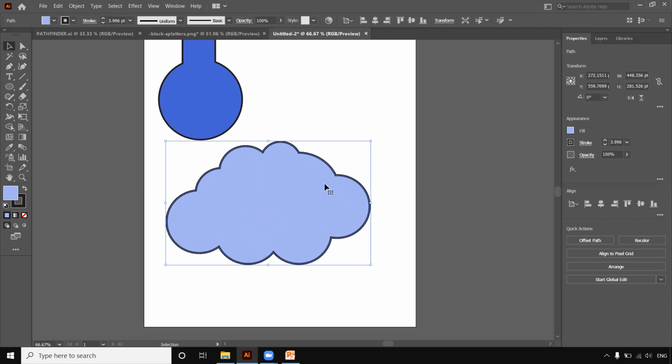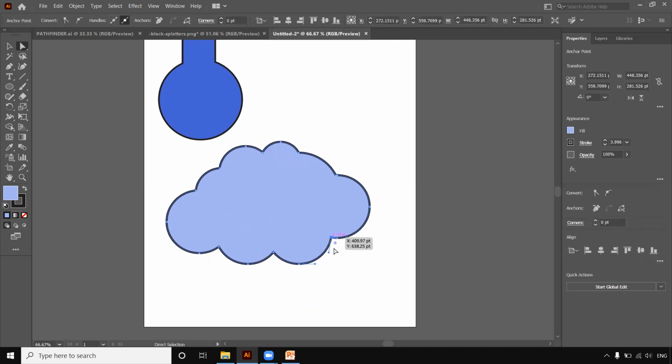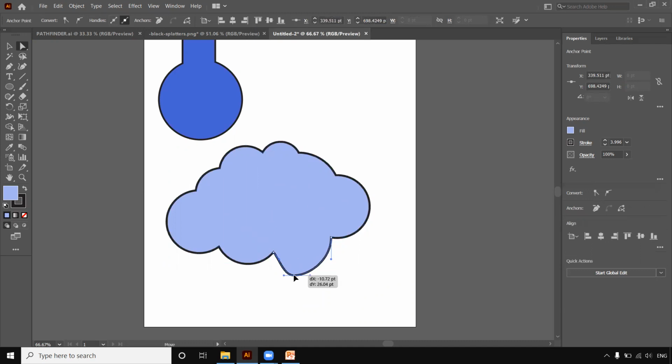Okay, now if you want to change the shape, or change any of the anchor points of this particular cloud, you can go to the direct selection tool and maybe just reshape it according to your need. So this is one way how you can reshape it. Apart from that, you won't be able to edit this shape, because we have used the shape builder tool, and that is one limitation of the shape builder tool. All right. Okay. So moving ahead,